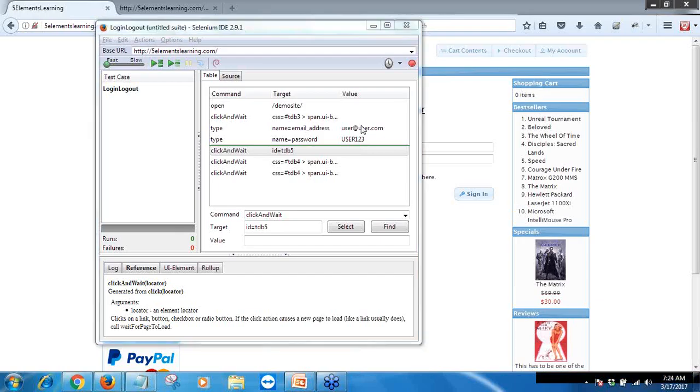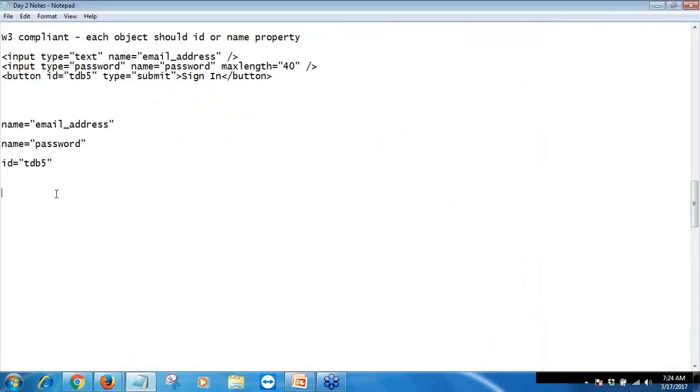So let's try to move on to the XPath. Generally speaking, if an object doesn't have an ID or name property, we tend to go and use XPath. Okay? So what is an XPath? For this, I would like to give you an example. It is the path traversed to reach an object in an XML document. For example, an example of an XML document is